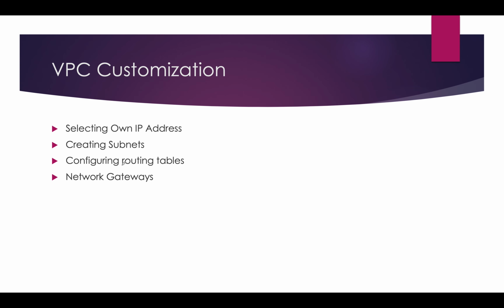These are subnets, and configuring the routing tables. When you create the VPC, the routing table is created automatically. You need to use it and add your subnets. And the internet gateway, I said, is a router. You need to configure it if any VM wants to communicate. Okay, in the next tutorial I will show you the demo of how to create the VPC in AWS.